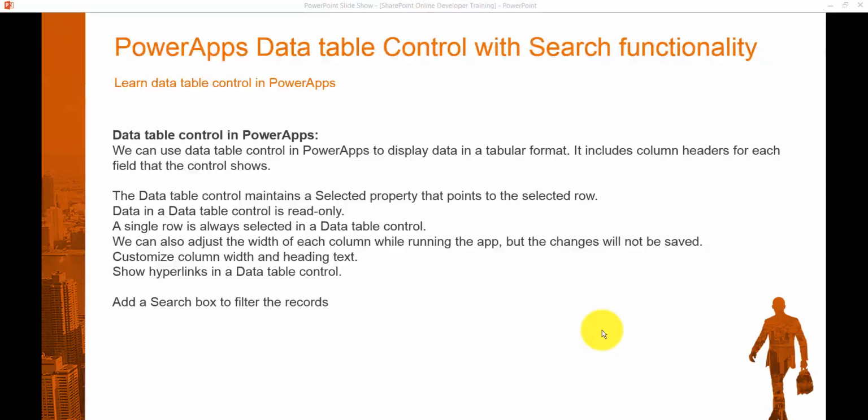So first of all, what is a data table control? Like in every language, the data table control is used to display data in a tabular format, and it includes column headers for each field in that control. I will show you the list also, and we will see how it generates the columns. For each column there will be a particular header,